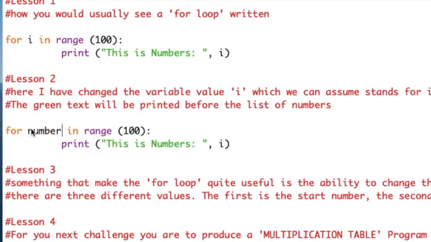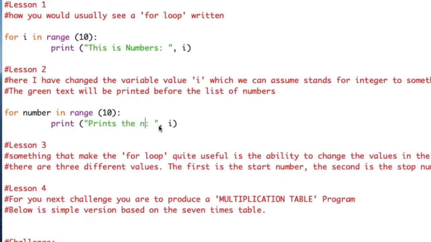So I can change the numbering range. Remember, it stays black. For the numbering range, I'm just going to drop these back to 10, and let's have a little look. What I'd like you to do is think about what you put here. What is it doing? It prints the numbers